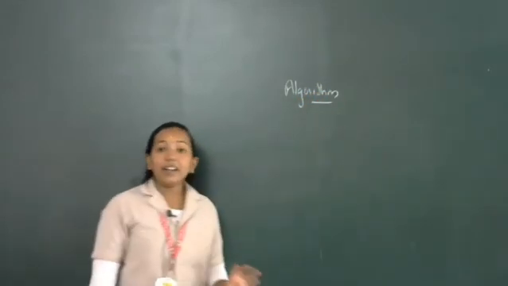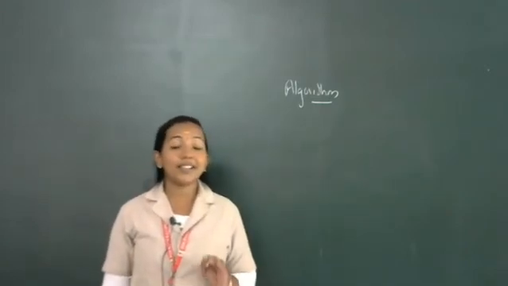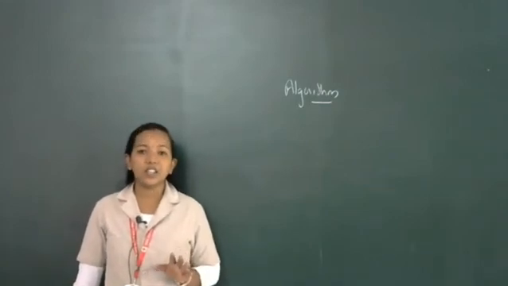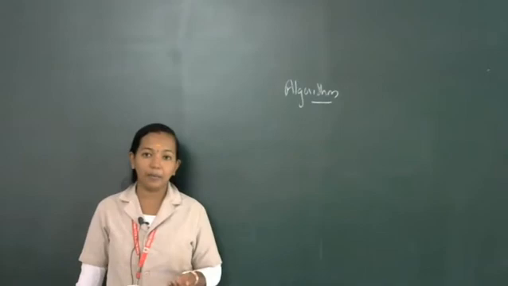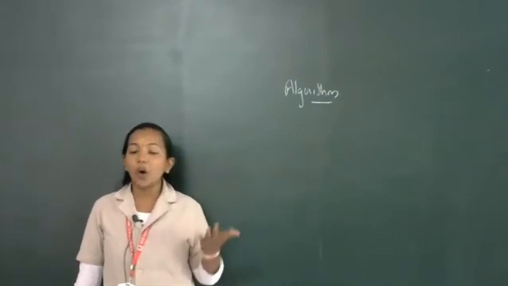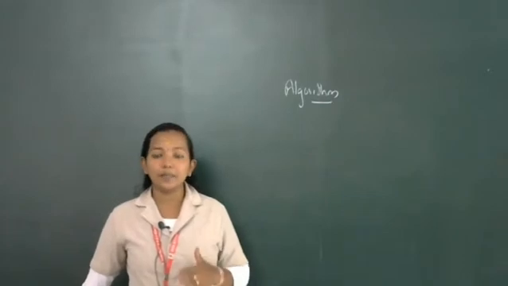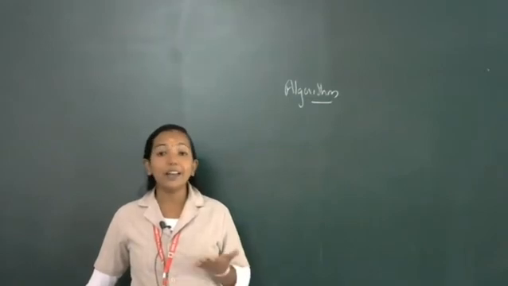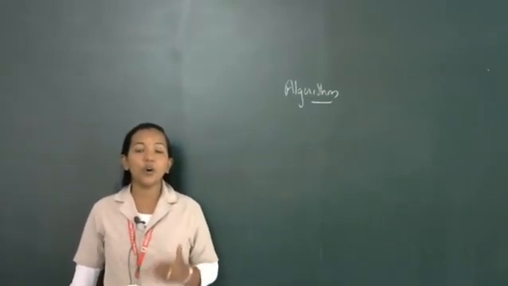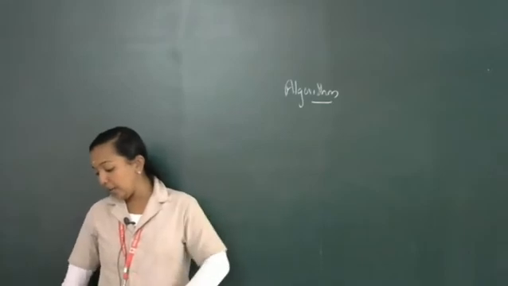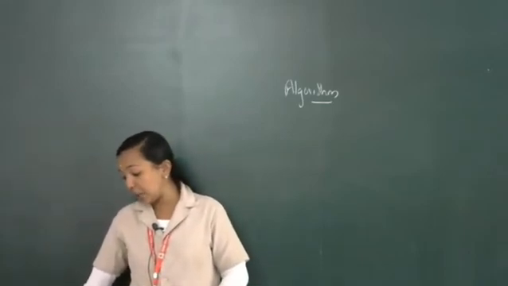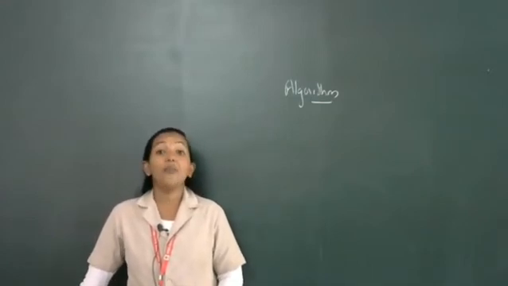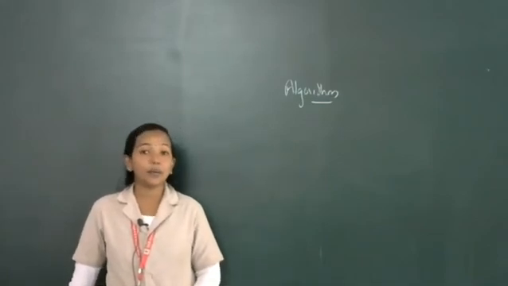Then you know about Alan M. Turing. Alan M. Turing is known as the father of computer science because he invented artificial intelligence and also introduced a term called programming. He also introduced the concept of algorithm, a step-by-step procedure to solve a particular problem. So what is meant by algorithm? An algorithm is a step-by-step procedure to solve a particular problem, or it can be defined as a finite sequence of instructions to solve a problem. One more definition is that it's a set of finite sequences to solve a particular problem.